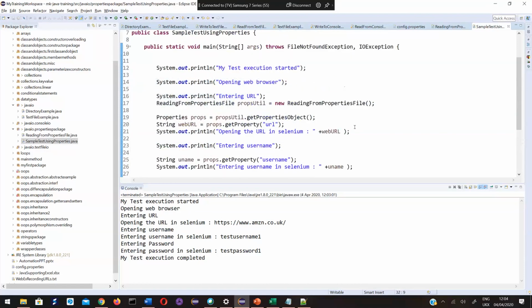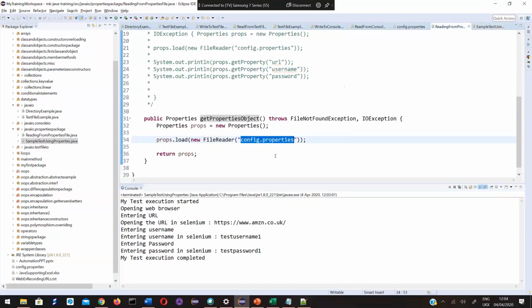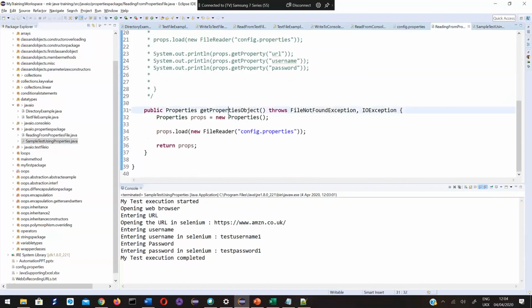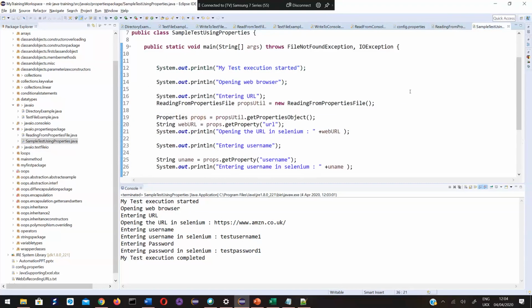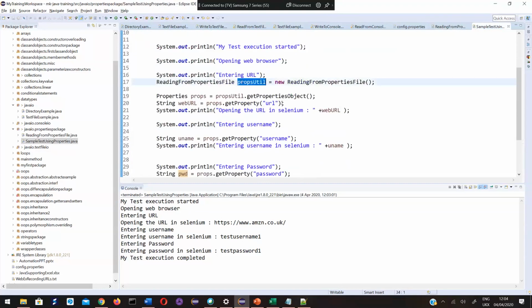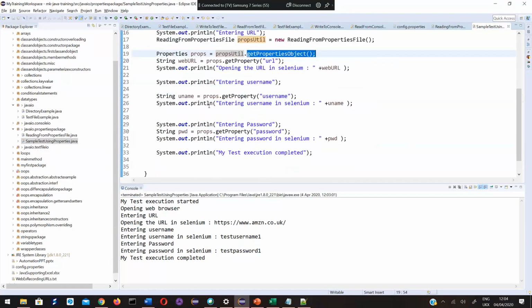So in real time, what we do is we create a dedicated class with a method like this to read the properties file and return a properties object. Now in 100 test classes, wherever you want, you create an object like this. Using that object, you call this method get properties object, then you get all the values once, then in that class wherever you want, you call get property.